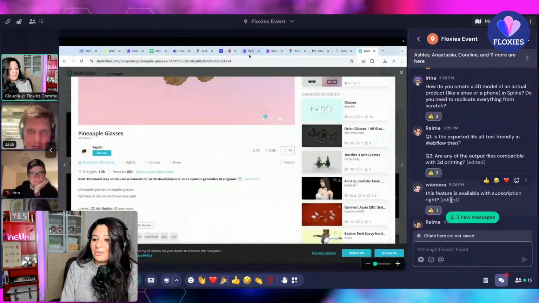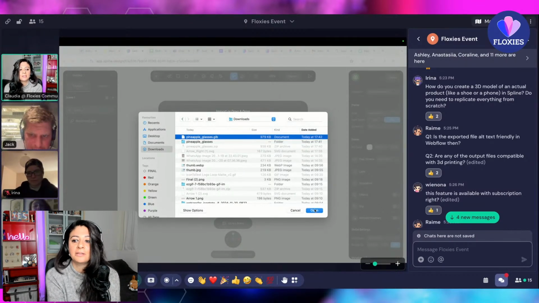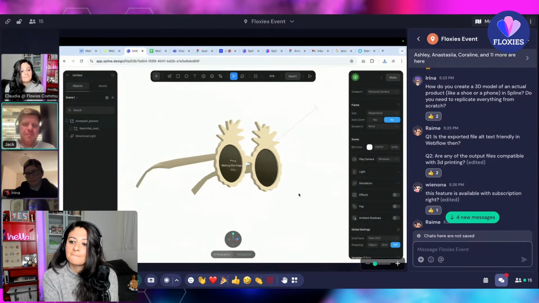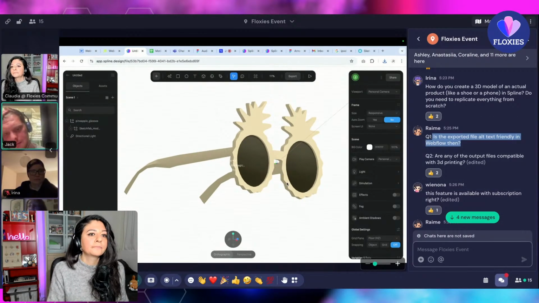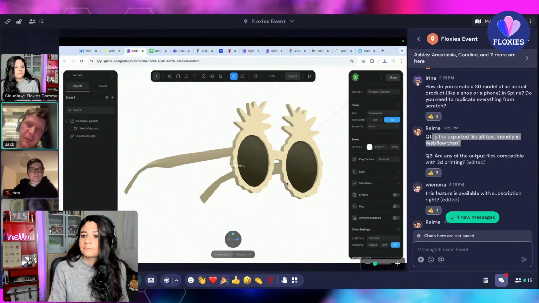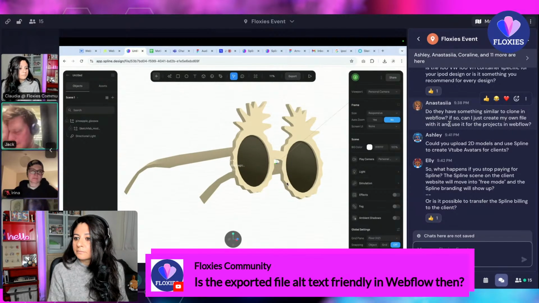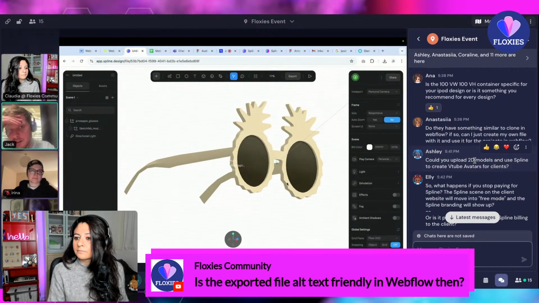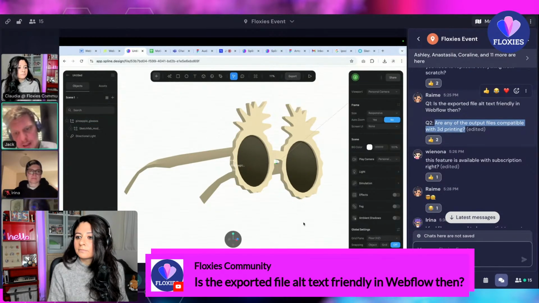Such is life. As you try to import those files, I have another question from Raima here. Is the exported file alt text friendly in Webflow? Does it generate alt text? So you can add alt text to your Spline file within Webflow, and you can do that by adding some custom code which specifies what the alt text should be for that Spline file. Webflow haven't made Spline particularly easy to use in Webflow, if I'm perfectly honest, and certainly from the perspective of making this accessible, you do need to do a little bit of extra legwork. But you can just put style tags in and then do alt equals, whatever the name of your class is, and then specify